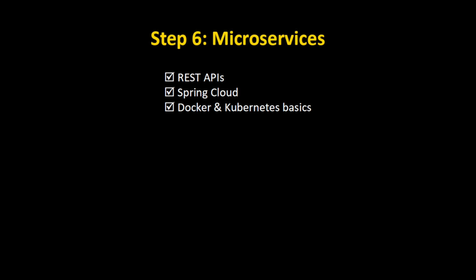Step 6 is microservices. Once you are strong in frameworks, it's time to learn modern architecture. Start with microservices using Spring Boot and learn how to break a big application into small services. Then understand containerization with Docker and also learn Kubernetes and at least one cloud platform like AWS or Azure, and this knowledge will place you ahead of many other candidates.